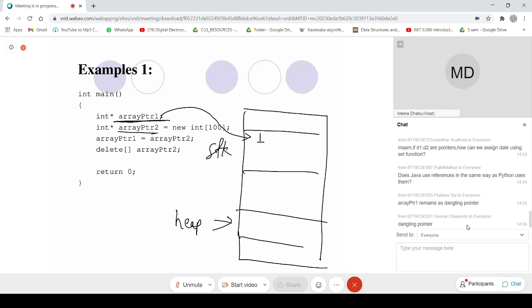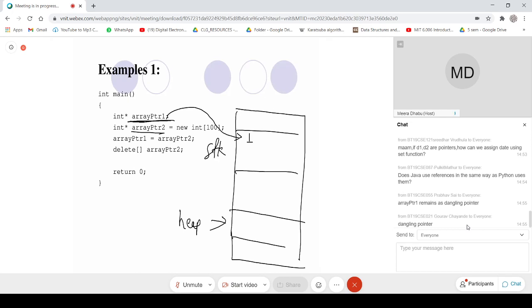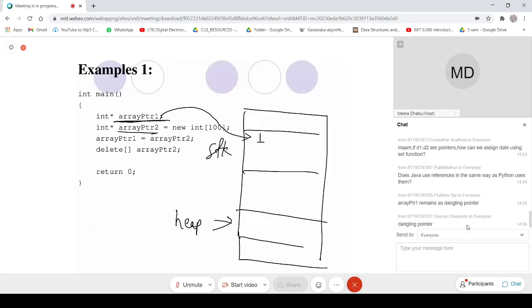Then here you have created another pointer, so again space for the pointer will be allocated here. But the actual array is being created dynamically on the heap. So this integer array of size 100 will be allocated on the heap.